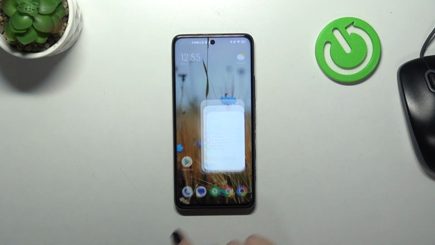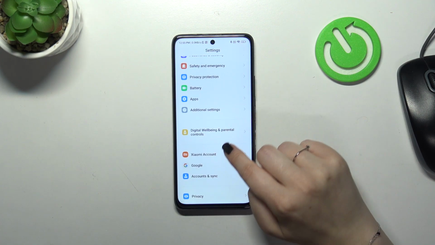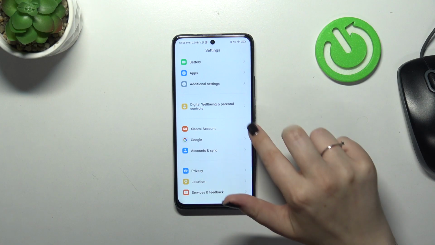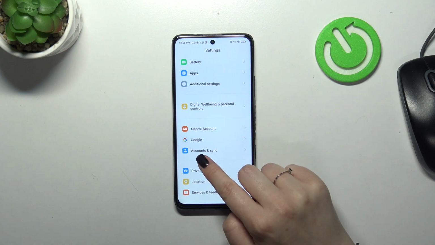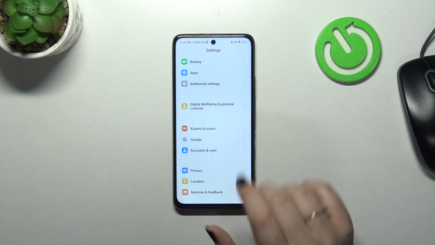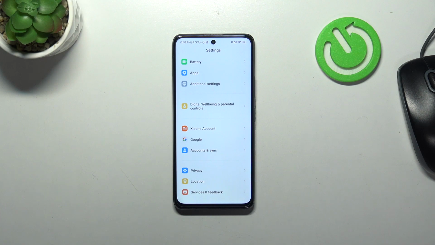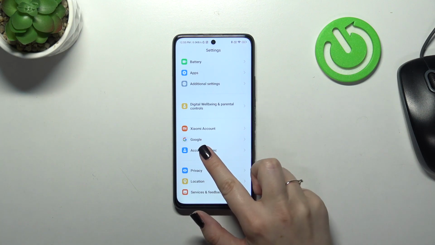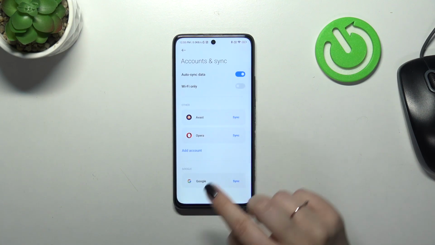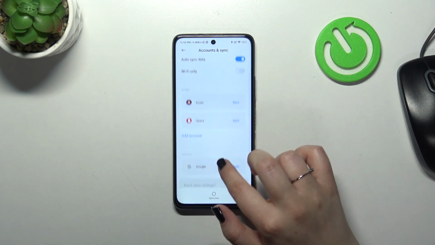So first of all, let's enter the settings, and then here we have to scroll down in order to find the proper section with the accounts. We've got the accounts and sync, and I will manage the account using it. Of course, you can do it with the Google section, but I prefer this one, so let me tap on it. Here we've got the account with the Google,